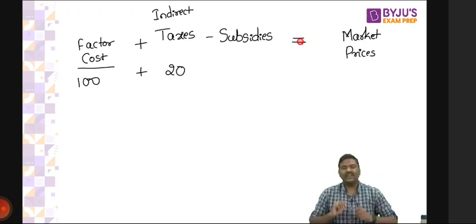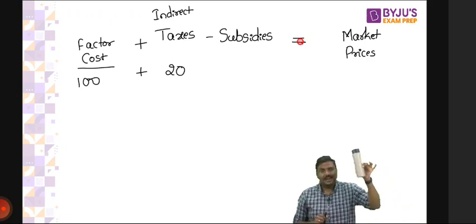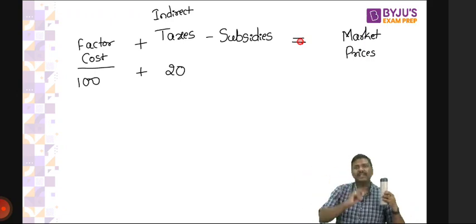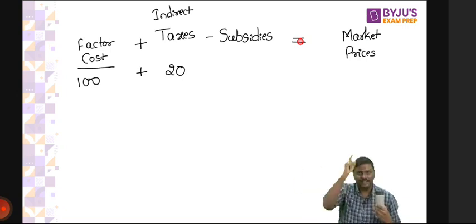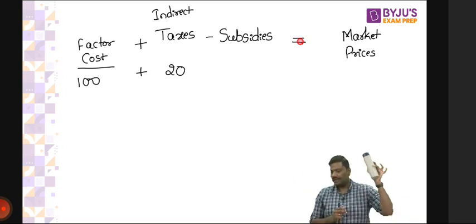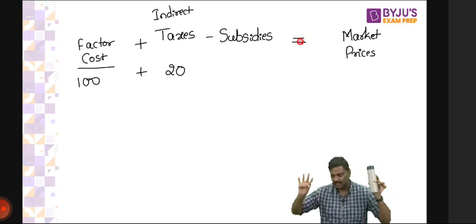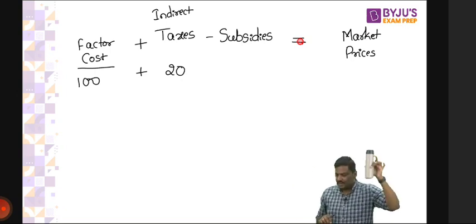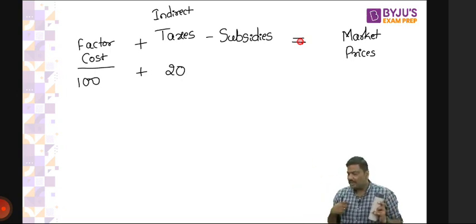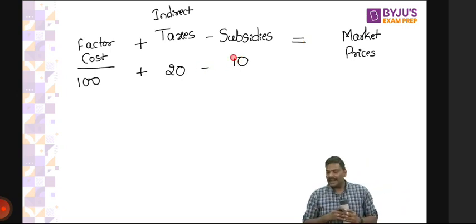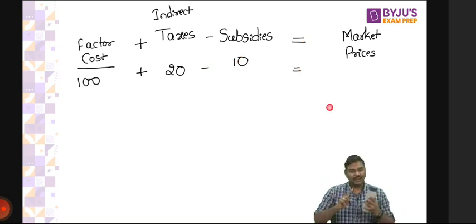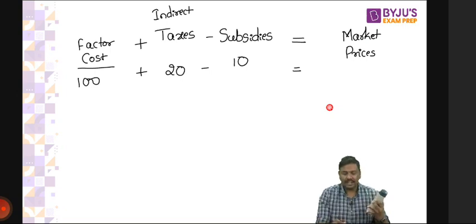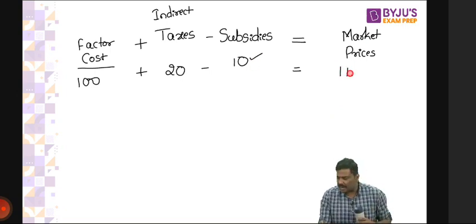Now, let me ask a very simple question. You are manufacturing the bottle at 100 rupees and the government will give you 10 rupees subsidy. Will it reduce the cost of the bottle or not? Start participating, it becomes easier. Of course, yes, it will reduce the cost of the bottle. Can I write it like this, minus 10? So what is the market price? You have adjusted for taxation and you have also adjusted for a subsidy of 10 rupees. Now you will be selling it in the market at 110 rupees.